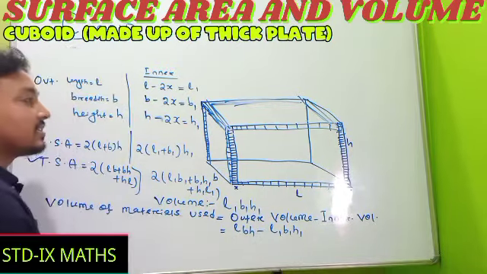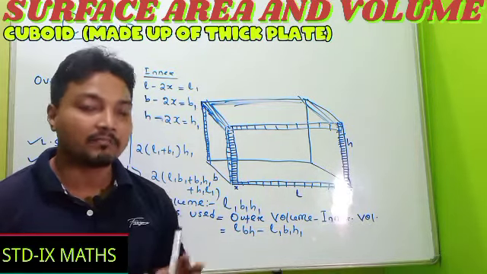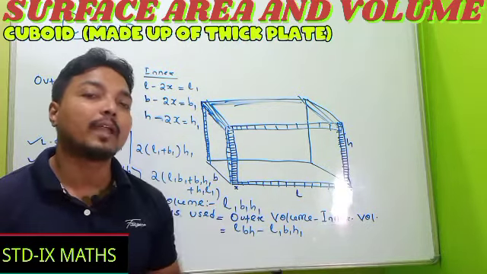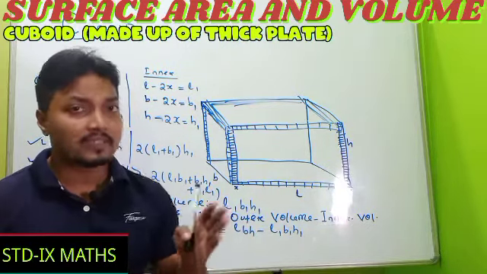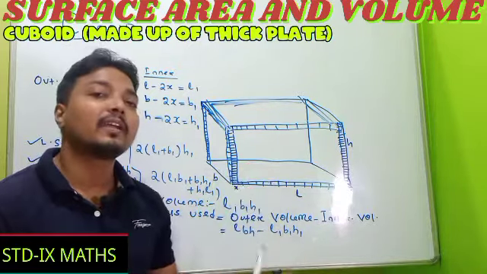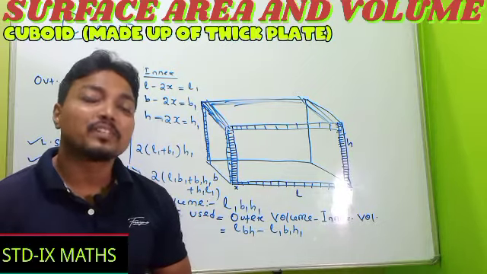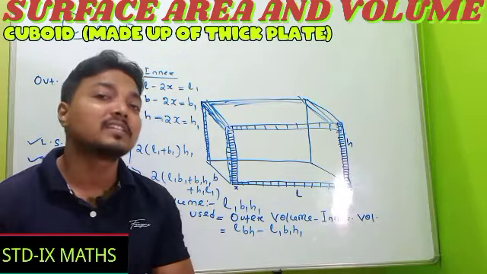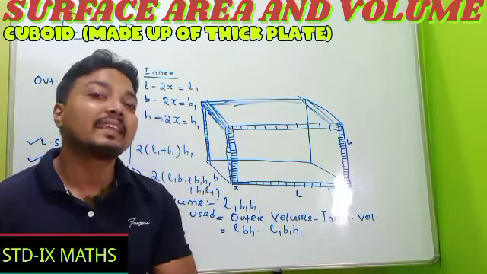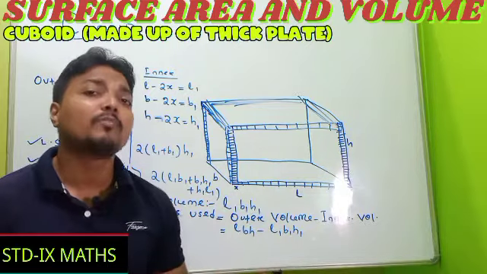So whatever question related to this may come, I can give the guarantee that with all these formulas, whether it is a solid, or made up of a thin plate, or a thick plate, all the questions can be solved. Understood? So today the discussion is this much. In my next video we will discuss the cube, how to find lateral surface area, total surface area and volume of the cube.